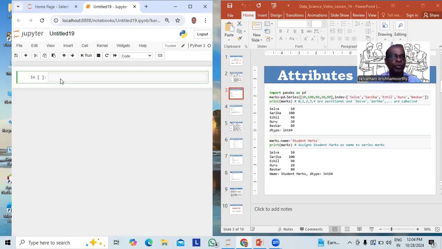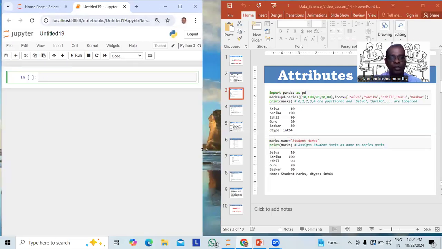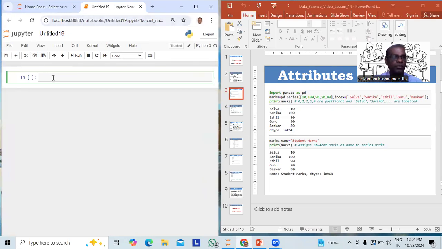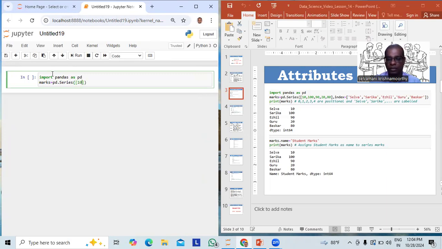First, I need to import pandas. Import pandas as pd. Fine. Then I need to create one series, pd.Series, with the help of one list: 10, 100, 90, 20, 8, along with